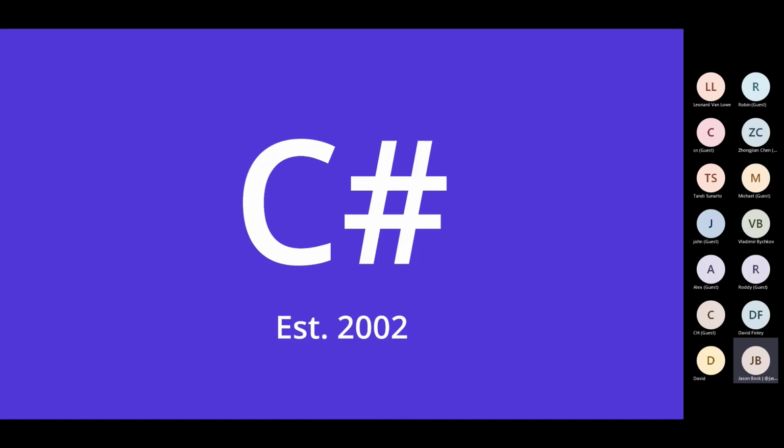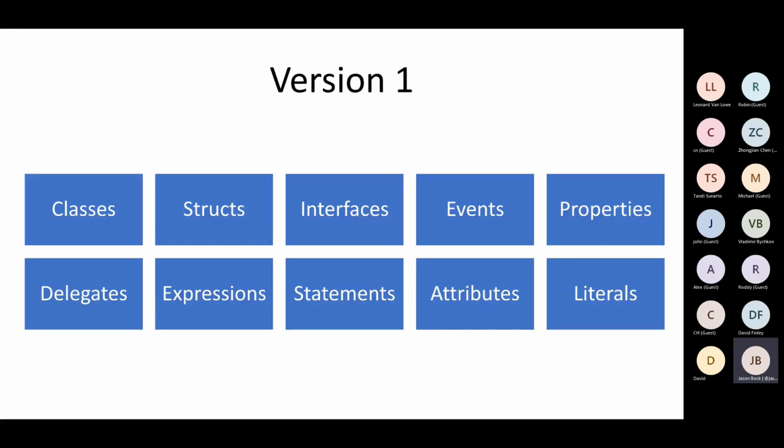So what I'm going to do right now is just quickly go through the history, just to give you a feel for how this started and where it's gone. Especially if you're new to it, it might help a little bit to see how things have changed over time. In the first version, there were a lot of object-oriented features that you would expect. It was kind of a competitor to Java, so we had things like interfaces and classes. There were some things that weren't in Java, like attributes and events, but for the most part, it felt very similar to Java, with a lot of object-oriented features.